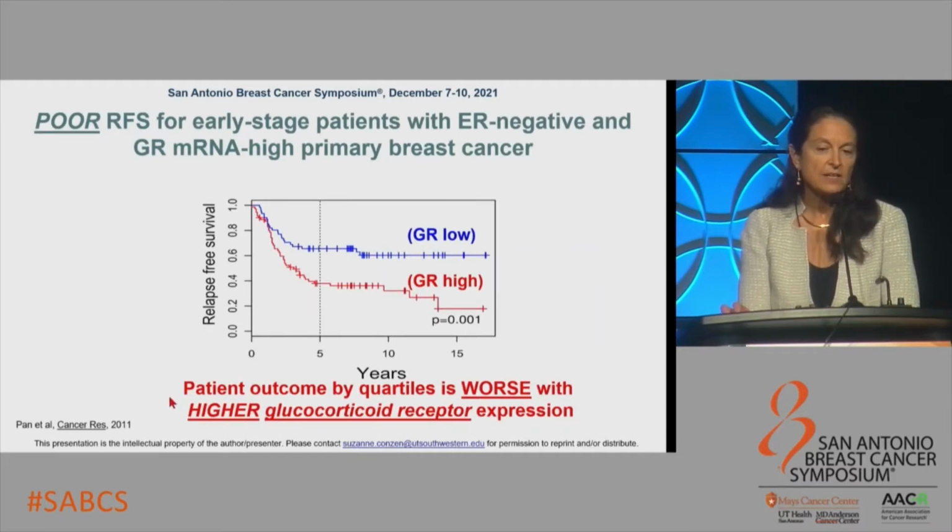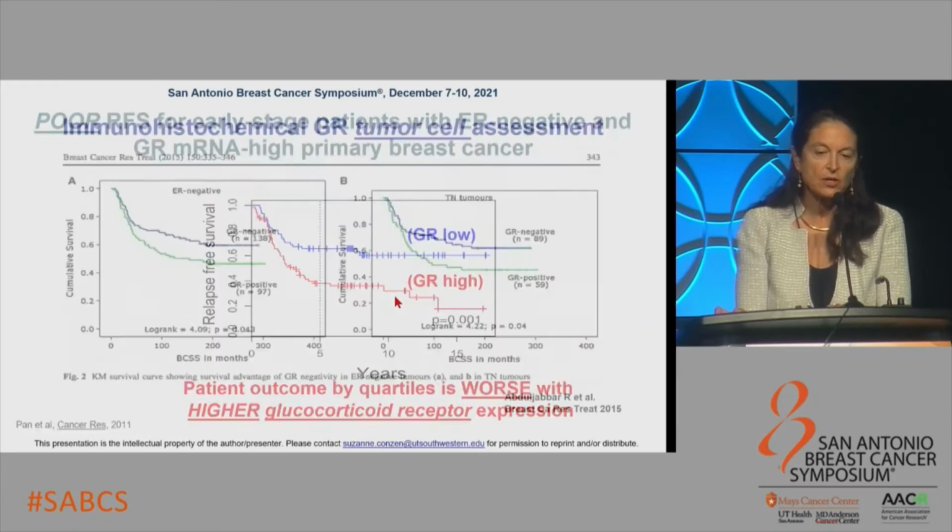One of the pieces of data supporting this was the poor relapse-free survival seen for early-stage TNBC patients when you look at GR high versus GR low cohorts. These are all patients who were early stage. They received very similar treatments. You can see that in the primary tumors that are GR low, the patients have a pretty good outcome, with a median survival of about 70%. However, if the patients have GR high, and this is the highest versus the lowest quartile, you can see that they have a much poorer prognosis. And we wondered whether this was because of transcriptional output or simply was measuring the amount of GR.